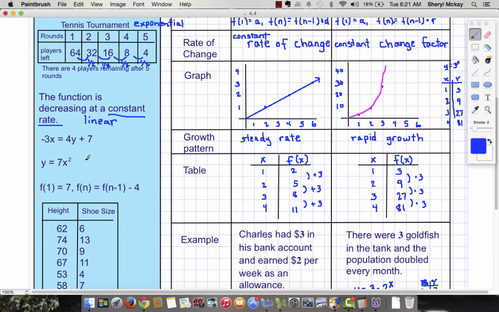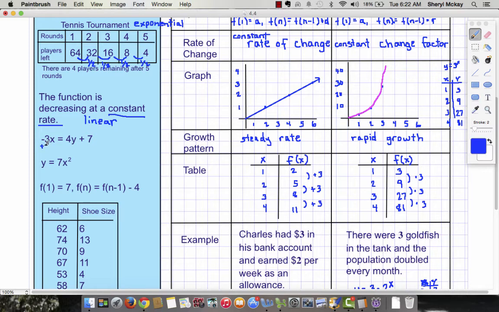Next one, negative 3x equals 4y plus 7. Is this linear, exponential, or neither? Just because an equation is written in a different form does not mean that it isn't a linear equation or isn't an exponential function. This one is linear, and the way I know that is I could actually subtract 3